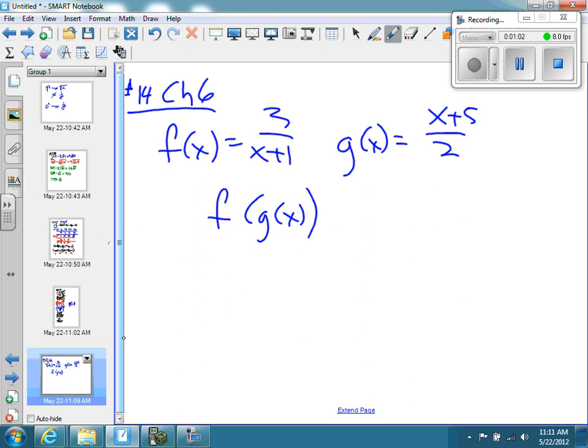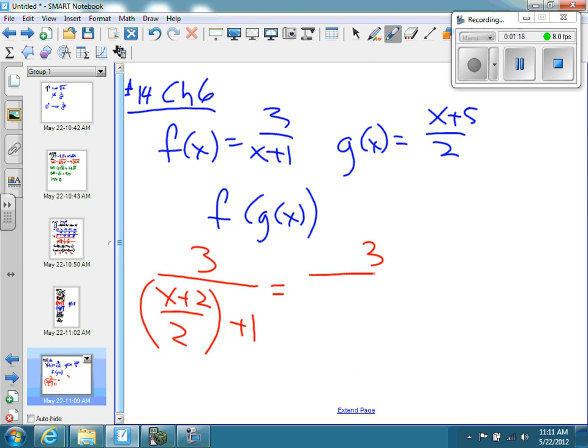So I have 3 over (x plus 5 over 2) plus 1, and I strongly recommend that you use parentheses when you're substituting in for your x. And that is equal to 3 over x plus 2 plus 2 over 2. I just made my 1 into a 2 over 2, so I can have a common denominator. So I have x plus 2 over 2, which is equal to 3 over